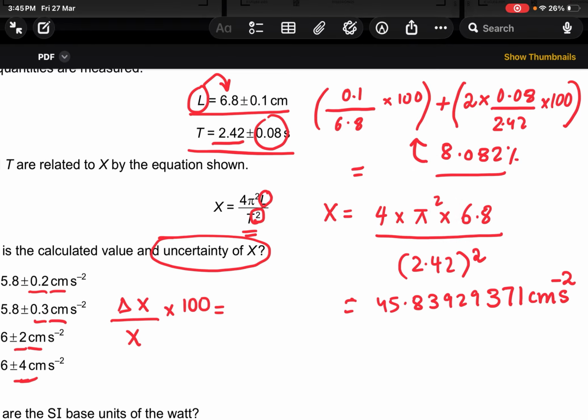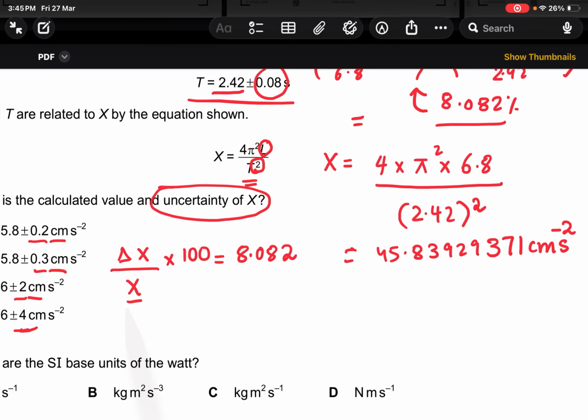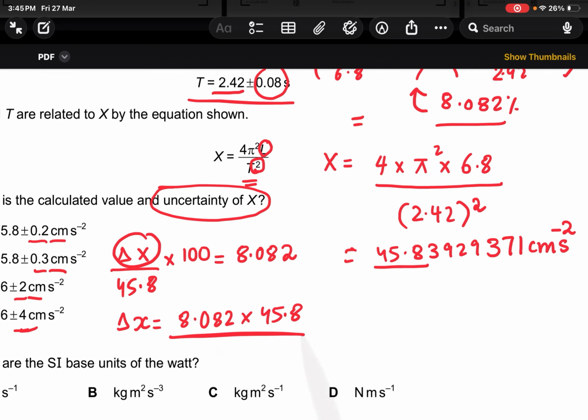Now I have the percentage uncertainty. So the percentage uncertainty is going to come out to be 8.082. And instead of my actual value of x, I know it's going to be 45.8. So instead of my actual value, I put 45.8. Now I solve for delta x. Delta x equals 8.082 multiplied by 45.8 divided by 100. It comes out to be